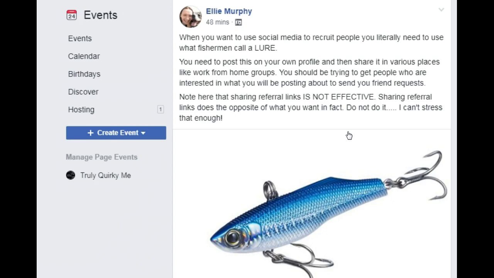If a fisherman is wanting to attract a certain type of fish, he will use a certain type of lure. So he knows a little bit about fish and what kind of things are going to attract them. And that lure is used then to bring the fish over towards him. And that is exactly what you need to be doing whenever you're talking about recruiting on social media.